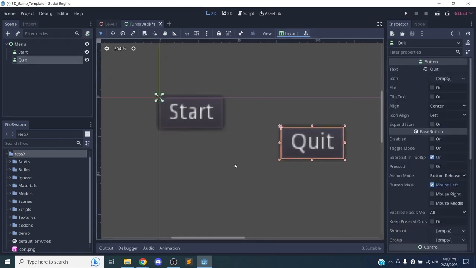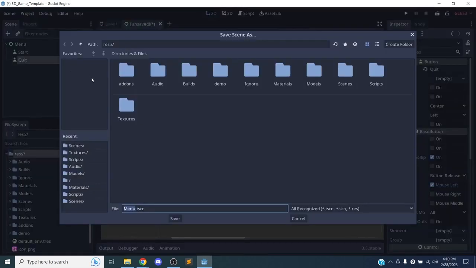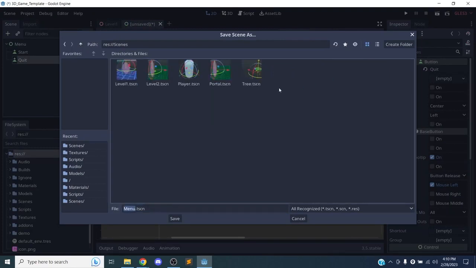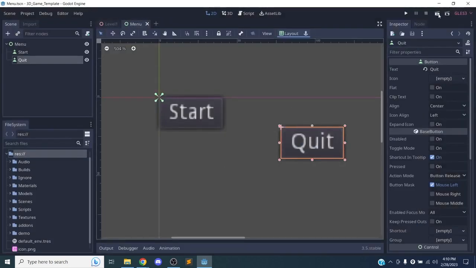I can move this over, but Godot actually doesn't really want you to do that. It's kind of strange. Oh, I haven't saved the scene. I always have to save the scene. I forgot to do that. So I'm going to hit save, go to scenes, and just call this menu.tscn. Okay, so if I run this,